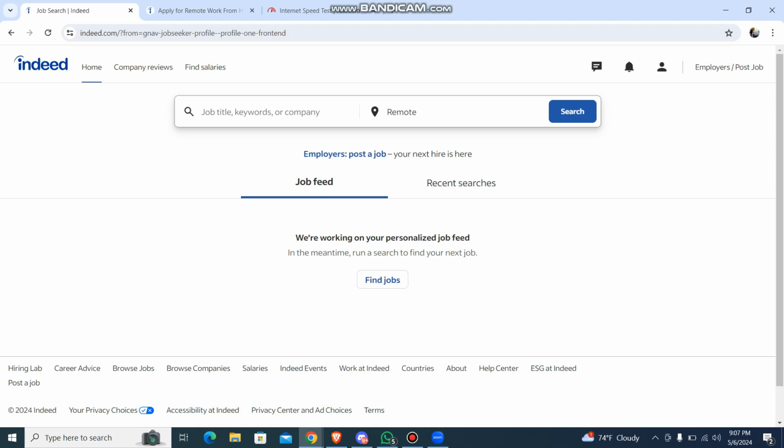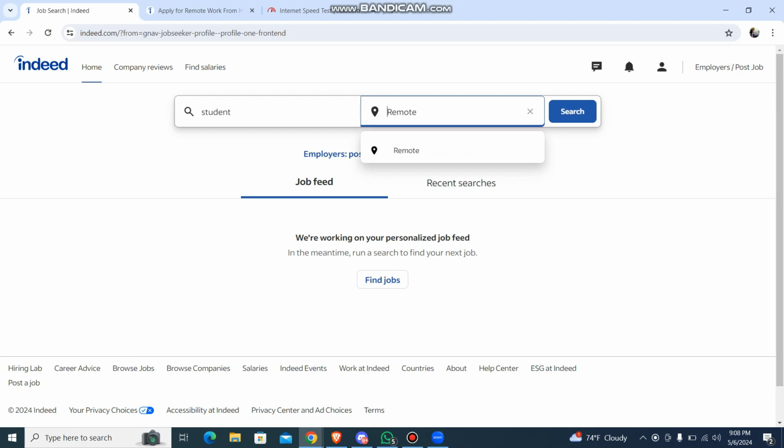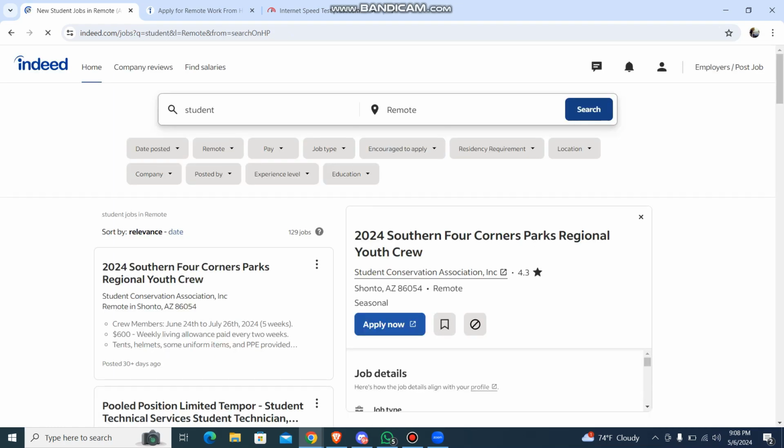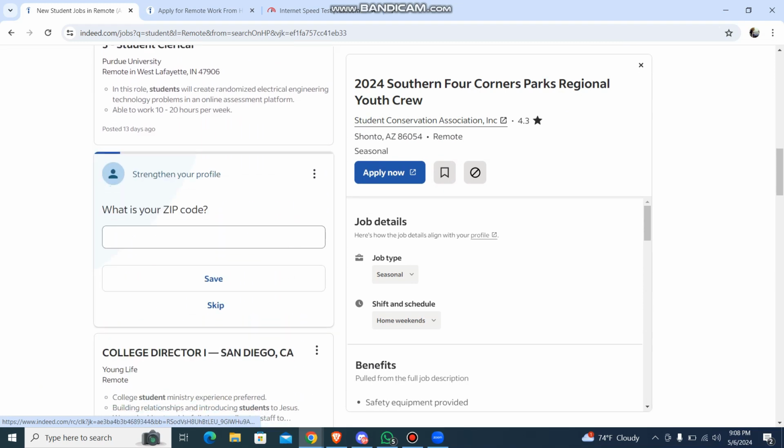Now from here, what you need to do is you need to go to job title and have a title of the job. So you can choose student nurse or anything as you are a student. So if you want to get online jobs, just go with remote and then press on search. So now, as per your requirement, there will be a lot of job description over here